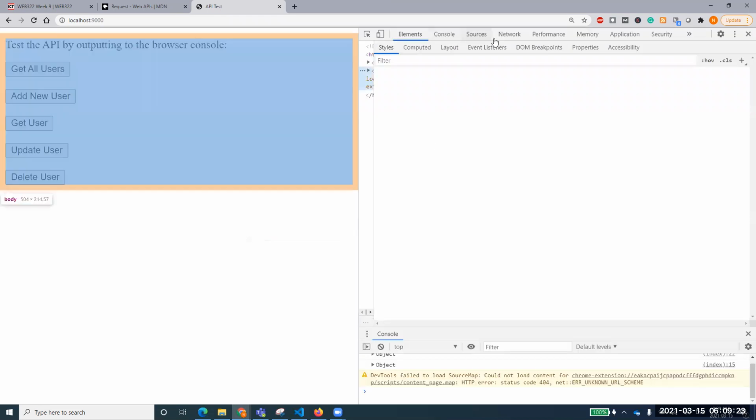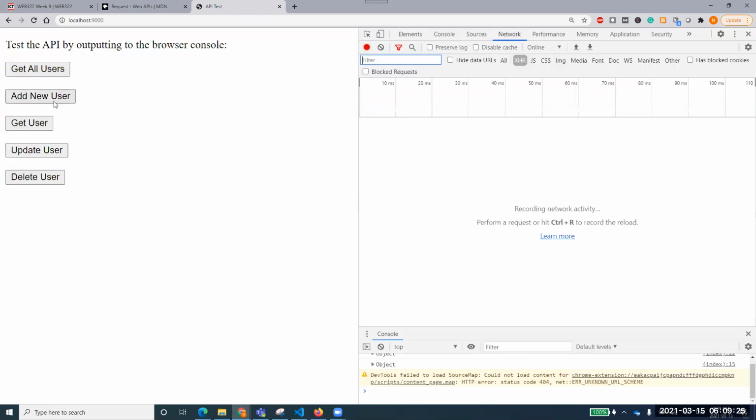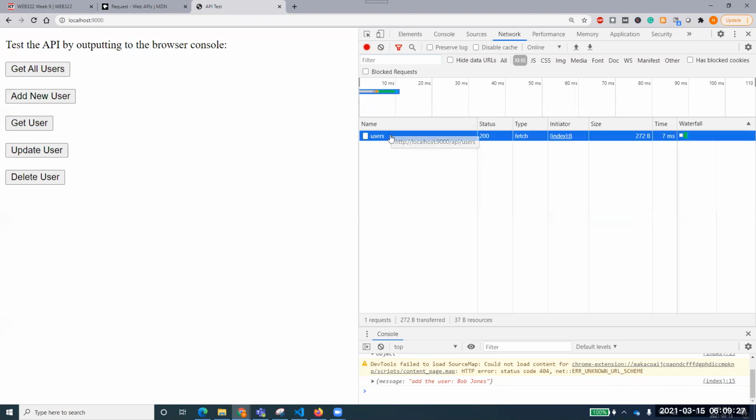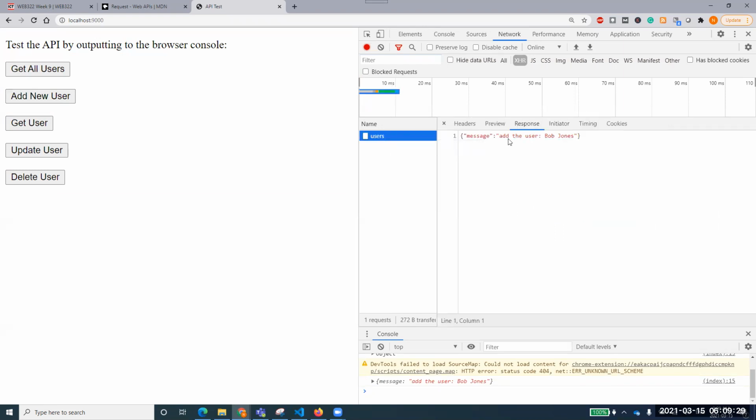Inspect this one and add new user. If I see here, you see that now it has been adding that data as add user Bob Jones, right? So now it is basically adding that data to that typical user.